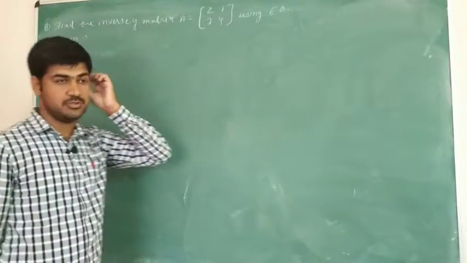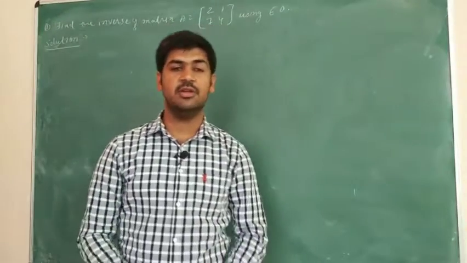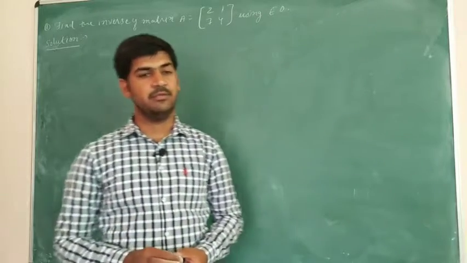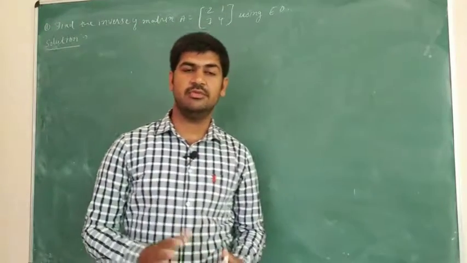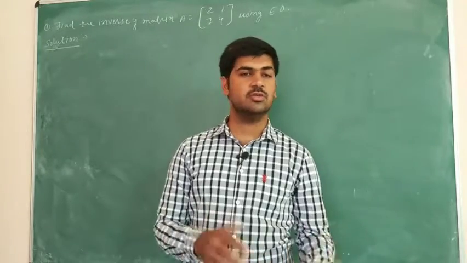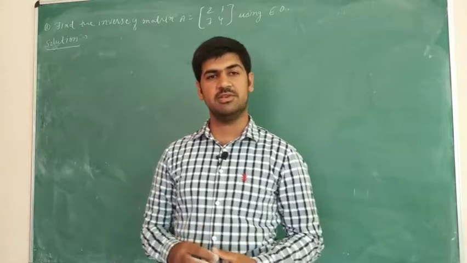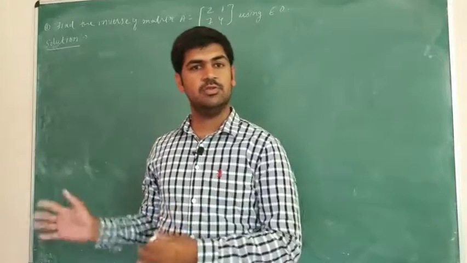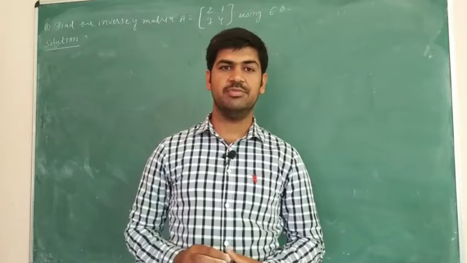So dear students, whenever we are given a square matrix of any order and we have to find its inverse using elementary operations or transformations, we have to first decide whether we have to use a series of row elementary operations or transformations or a series of column elementary operations or transformations. Here I am telling students, for us it becomes quite easy to use the row elementary operations or transformations. So we'll be using a series of row elementary operations or transformations and we'll be finding its inverse.